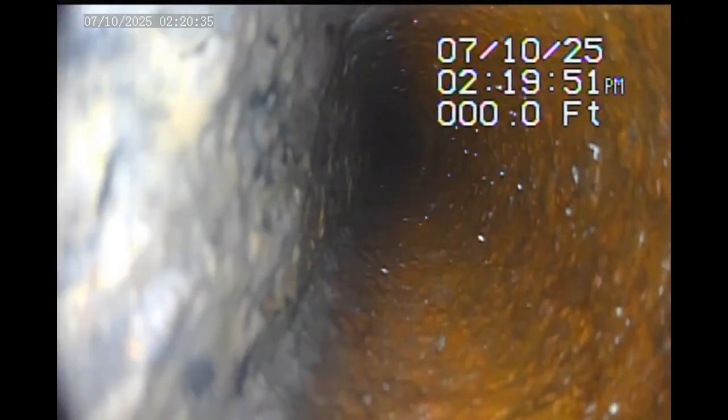to where I hit the city connection. That's about what I had left on the reel. It was about 10 to 20 feet of push rod that was left. I would hope that once this is cleaned out, you'd have a nice, solid, pristine pipe. Now, obviously, you can't tell what's going on underneath that buildup there on the left side of your screen,